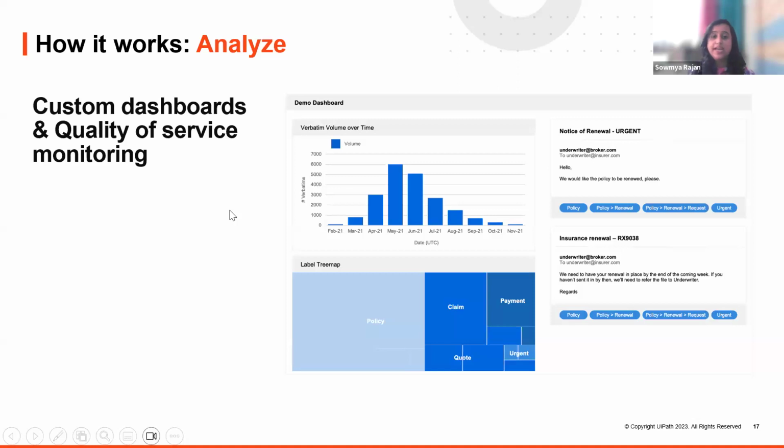So we can also create custom dashboards and also have quality of service monitoring as well. You can see how many emails are coming in every month. Those also can be created as a dashboard over here. And you can also see which is the highest performing label on the dashboard as well. You can also have quality of service monitoring for the particular emails that are coming in